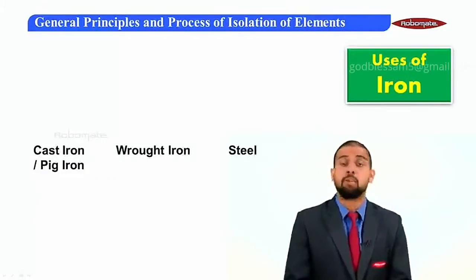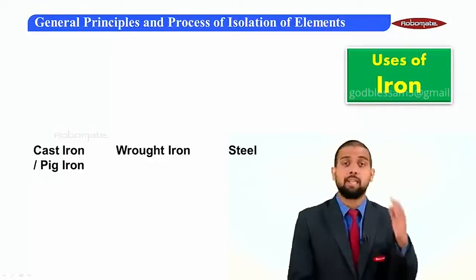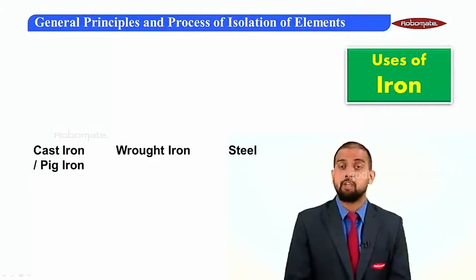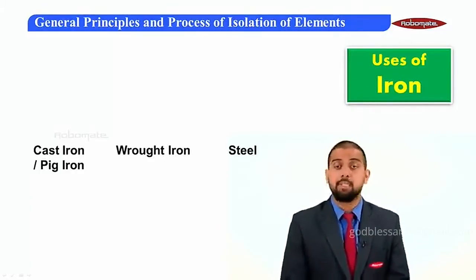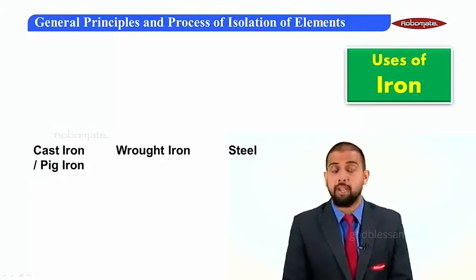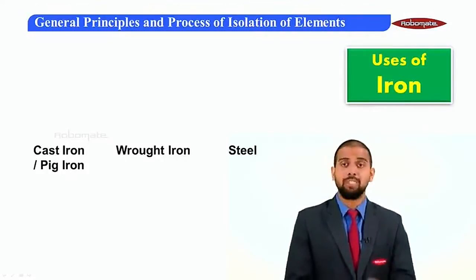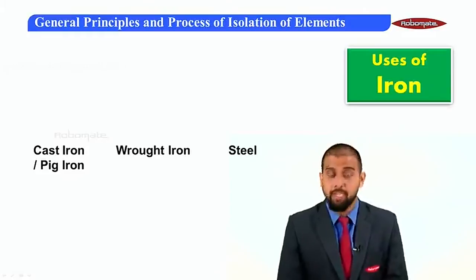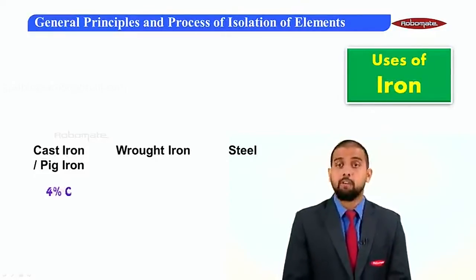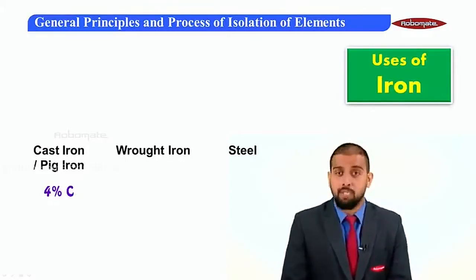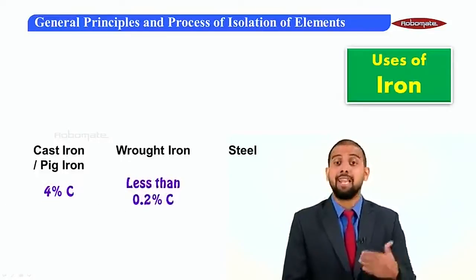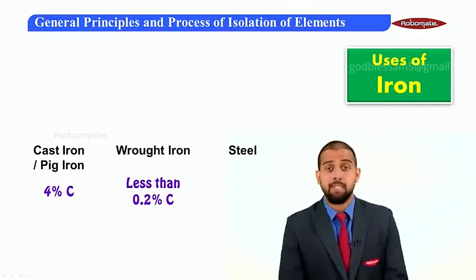Now talking about the commercially available iron. Commercially there are three types of iron which are possible. The first one is the cast or the pig iron. The second commercially available iron is the wrought iron, and the third one is the steel. Now the difference between these three types of iron is only the carbon content. The very first one contains 4% carbon, whereas the wrought iron contains less than 0.2% carbon, and steel contains